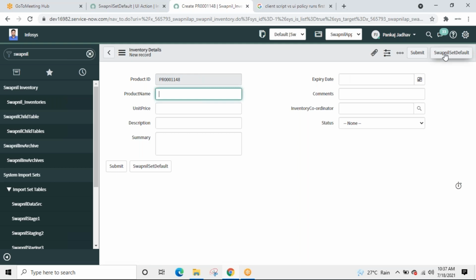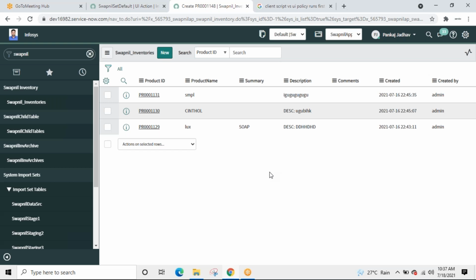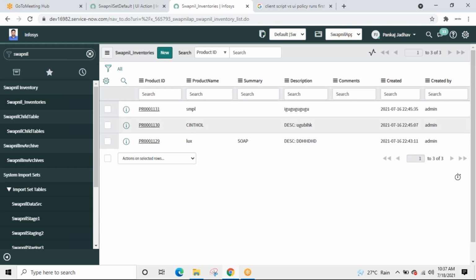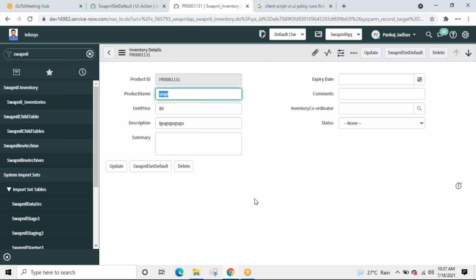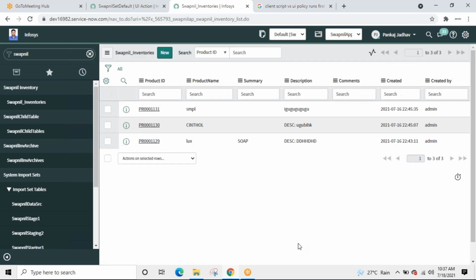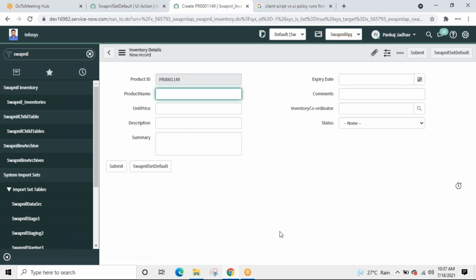Now set default. No, not like this. Open a record. And if I click on this, no, it should be real time. As soon as I click on this, it should set these two fields.